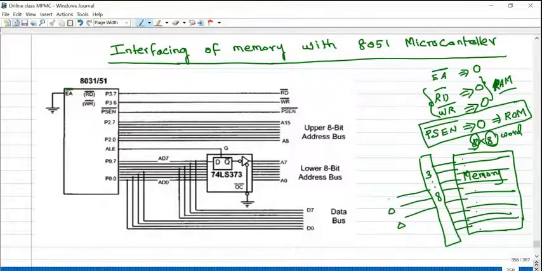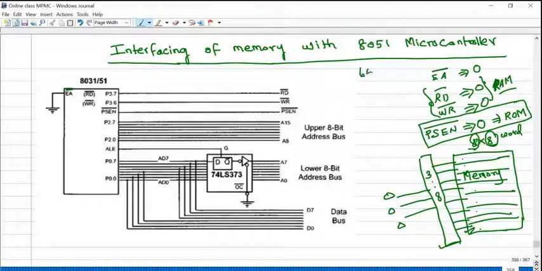If you place 000, register 0 will be selected. 001, register 1 will be selected, and so on. 111, register 8 will be selected. This is called an address decoder. Apart from the address decoder, some other signals are available in the memory IC, as memory is also available in the form of integrated circuits. We will discuss the names of those signals. So remember the terminology: external access, program store enable, read bar, write bar. 8 cross 8 means 8 rows, 8 registers, and each register can store 8-bit information.